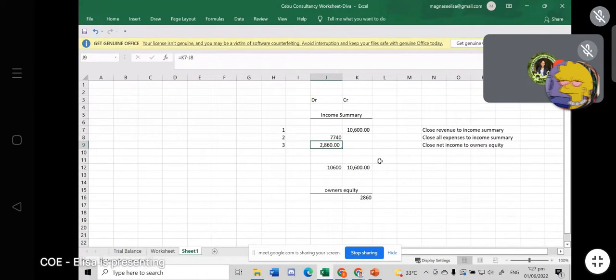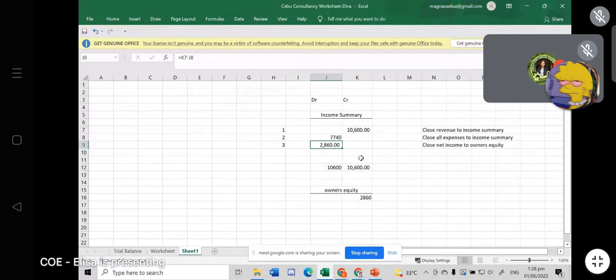So somehow, this is the same amount that we were able to compute. So when we compute the income statement, it results in a profit of 2,860. Now, with this entry,